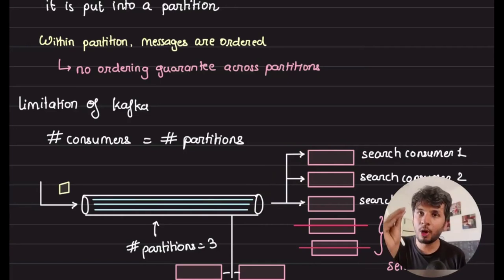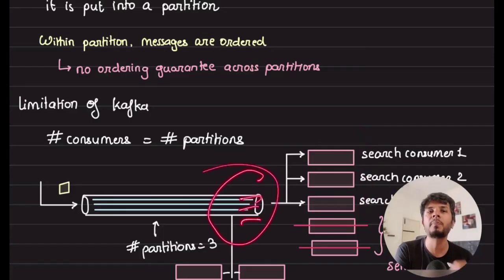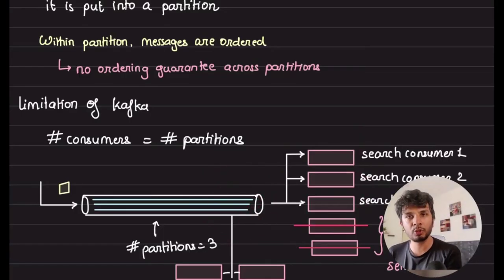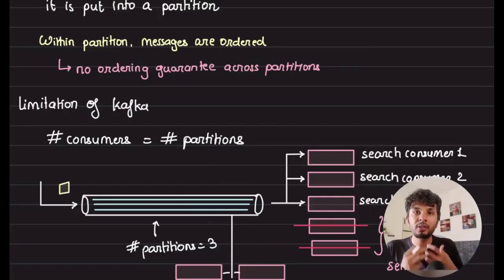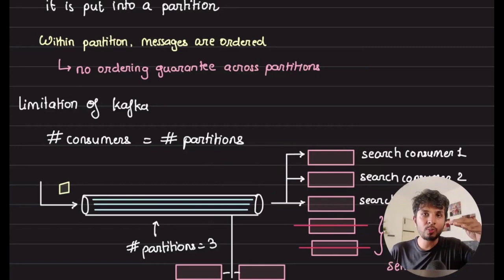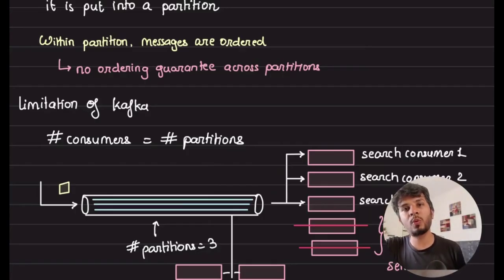So the parallelism of Kafka is limited by the number of partitions for that particular topic. If you want to have 5 consumers all working, you need to have 5 partitions, so you need to change the number of partitions on Kafka. Kafka gives you the ability to increase the number of partitions. But you need to understand that Kafka is limited by this factor: one partition can be consumed by only one consumer.